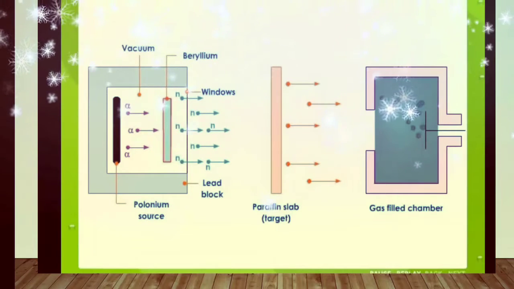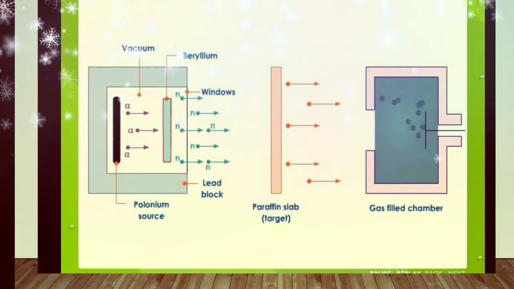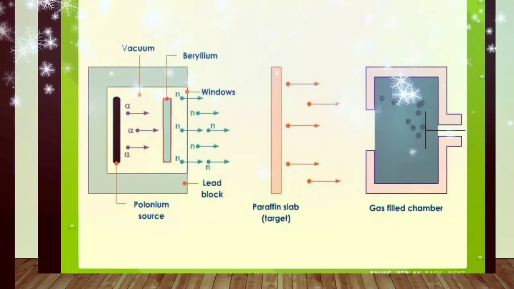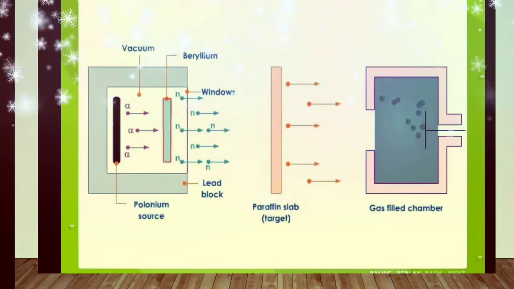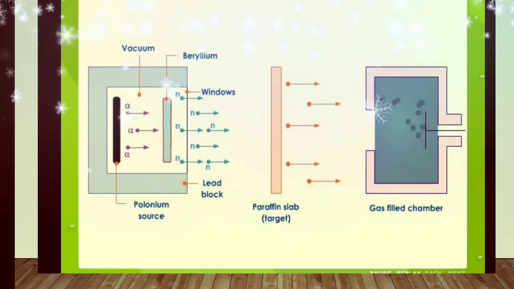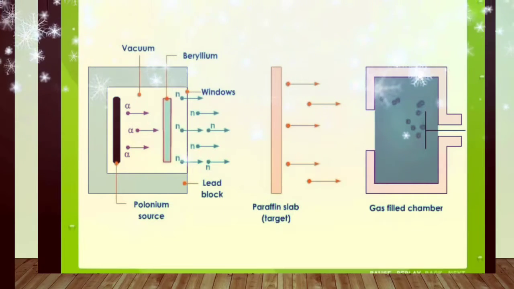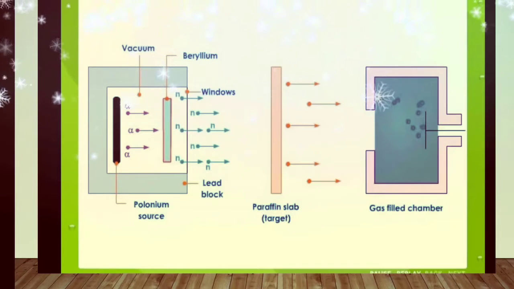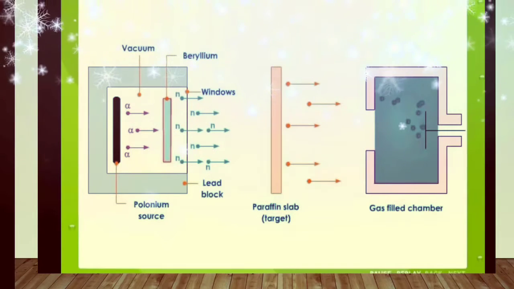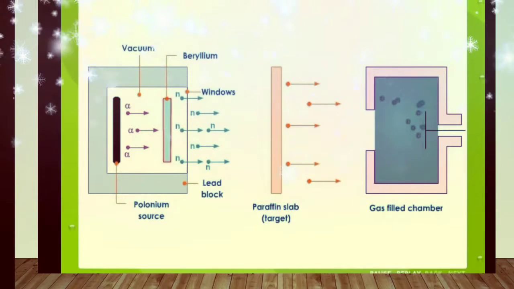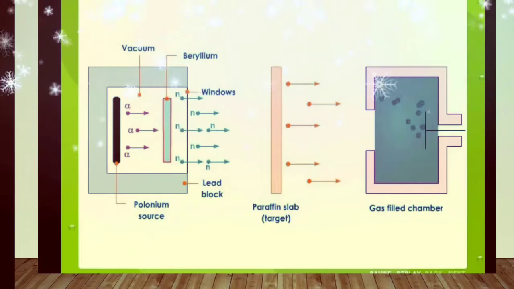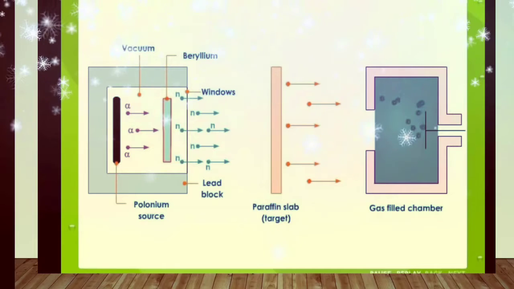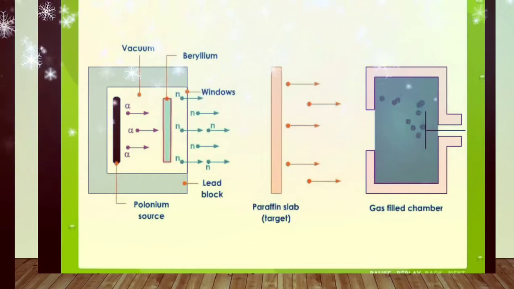Listen guys, as you can see on the screen, here is the process that was used by Chadwick in 1932 for the discovery of the neutron. He used a polonium source as a source of alpha rays, and he hit a beryllium target, and he observed that some mysterious rays and mysterious particles were produced. He also used a paraffin slab as a target material. When these mysterious particles hit the paraffin slab, because they are highly penetrating, they eject